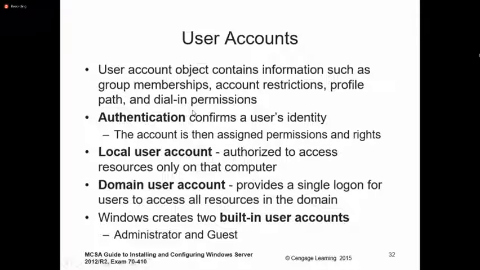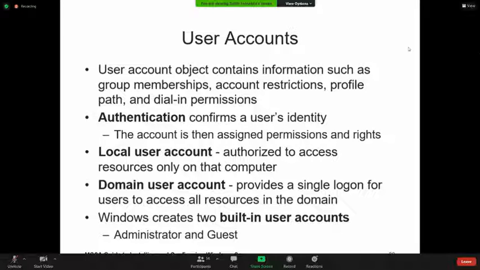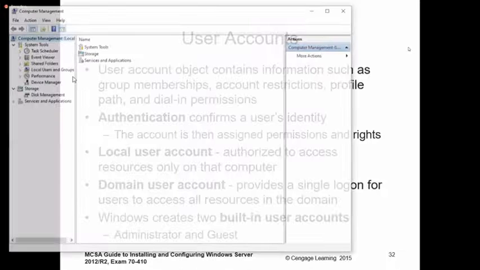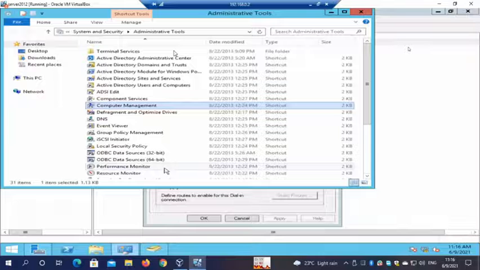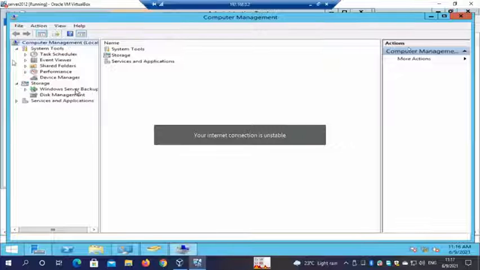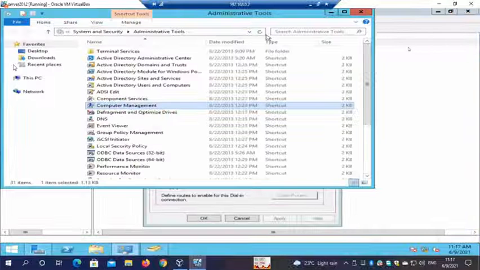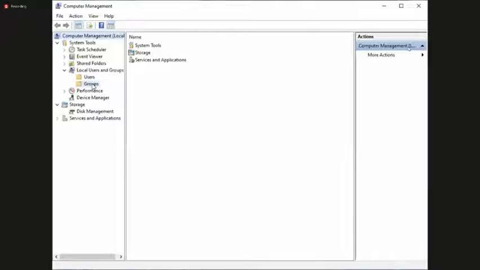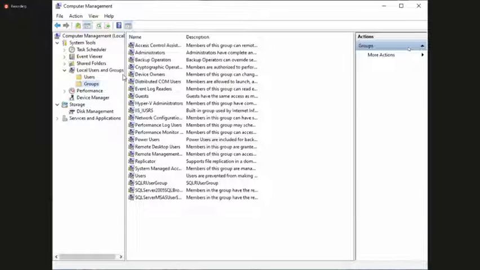So let me show you in the server. Local users and groups are not there here because this is now a domain. If you open computer management, you see local users and groups. With this tool you can set some advanced properties of the users that you create.